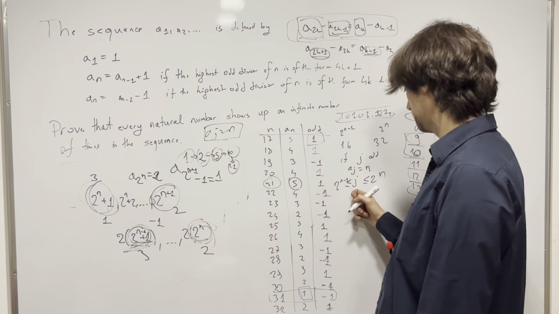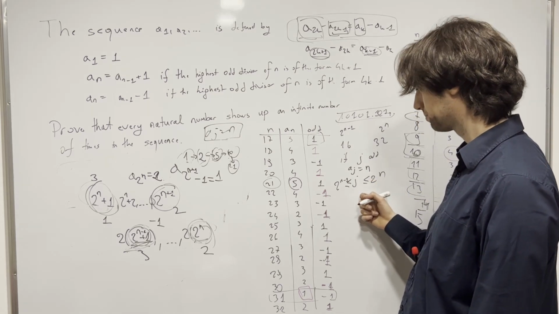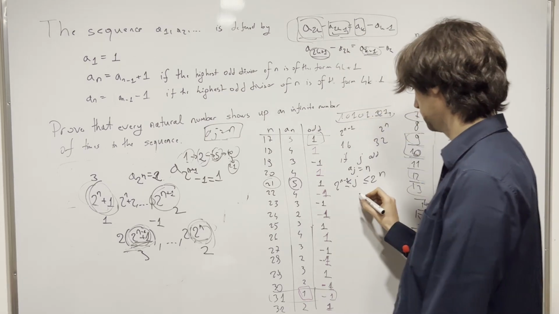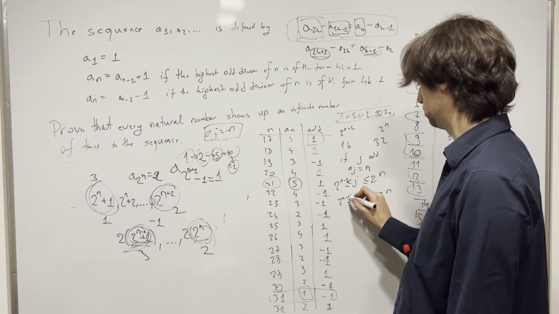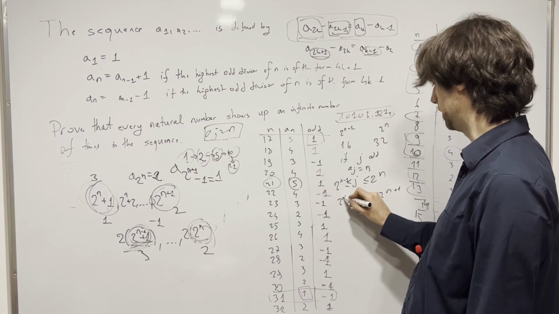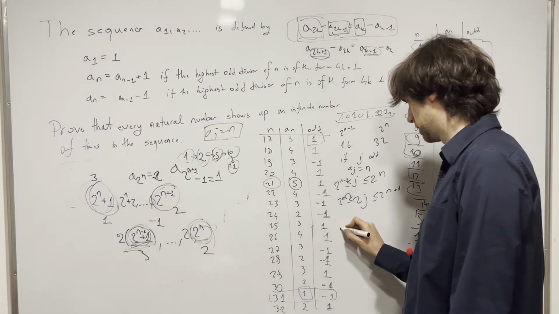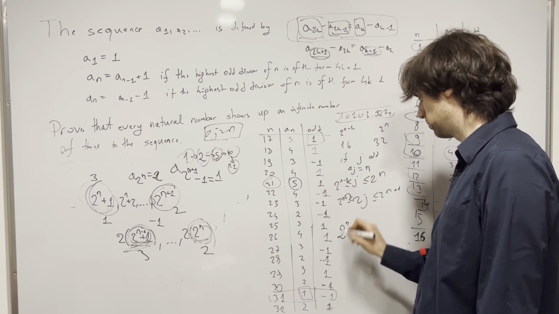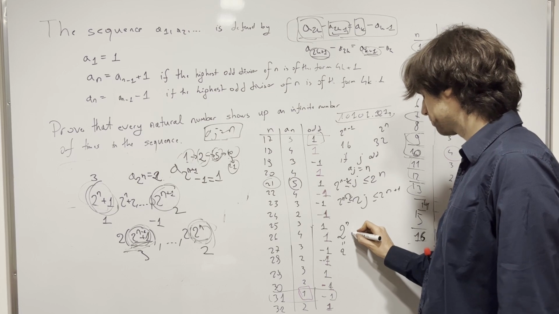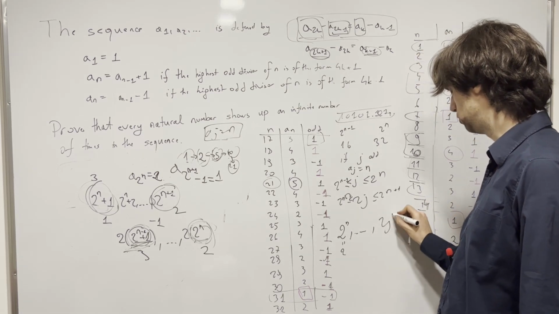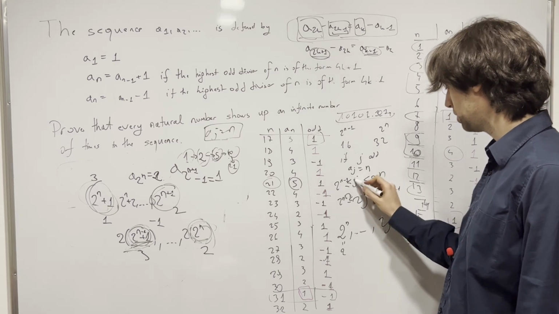then what will we have? We will have 2 times j, and that's really it. 2 times j is between 2 to the n and 2 to the n plus 1. And then what do we know? Well, we know that for numbers, 2 to the n is equal to a 2. And then we know from 2 to the n all the way till 2j, the odds will alternate. Now, because j was odd,